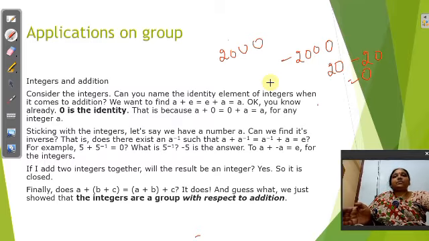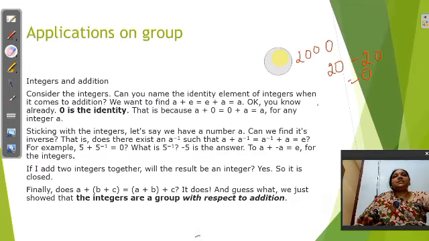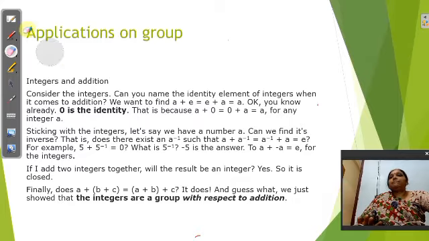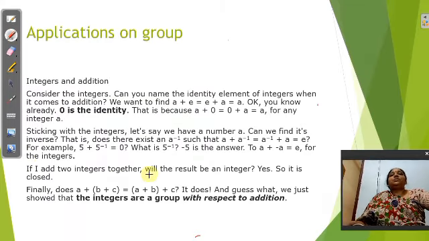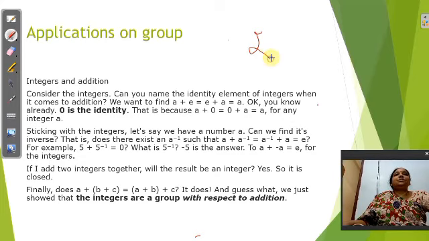So for positive elements, negative elements are the inverse elements. So in this integer set, the inverse property is satisfied. Okay. If I add two integers together, will the result be an integer? Yes. If I am taking 2 here